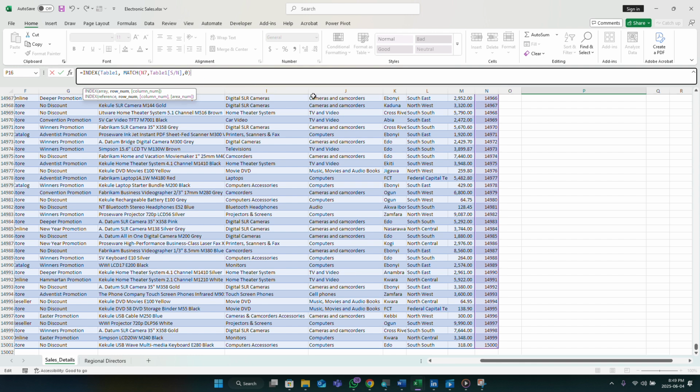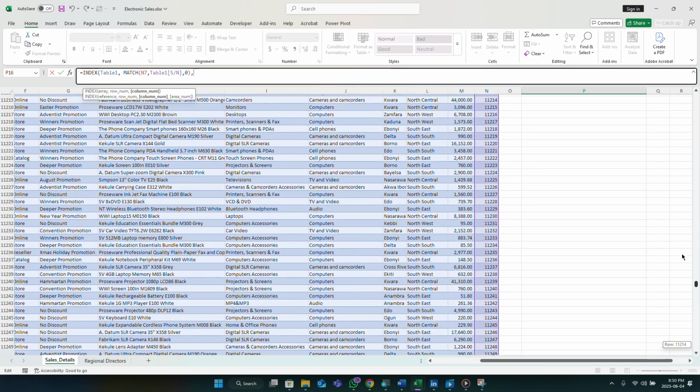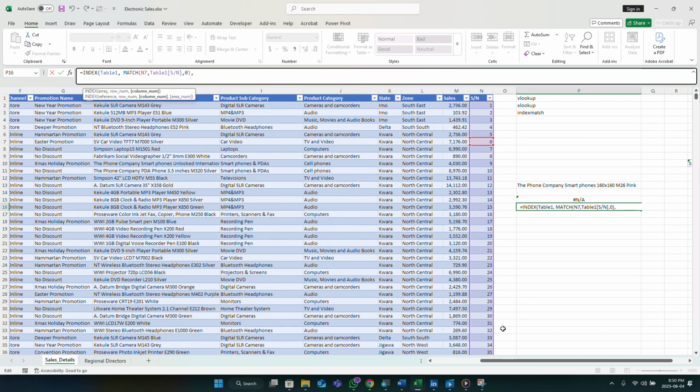So, comma, column number now. Column number is the column where your item belongs, which is column number 8 as usual. Put 8. Then that's all. This area number, there's no need for it. Just close,